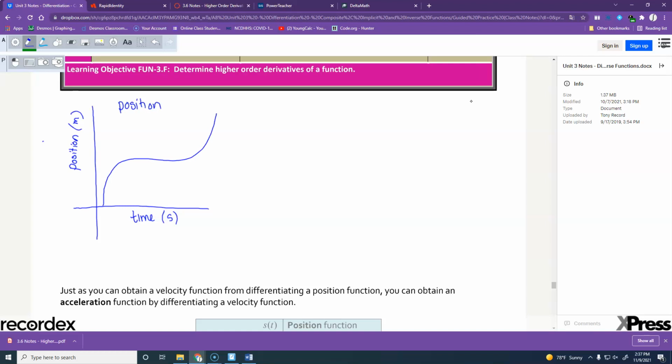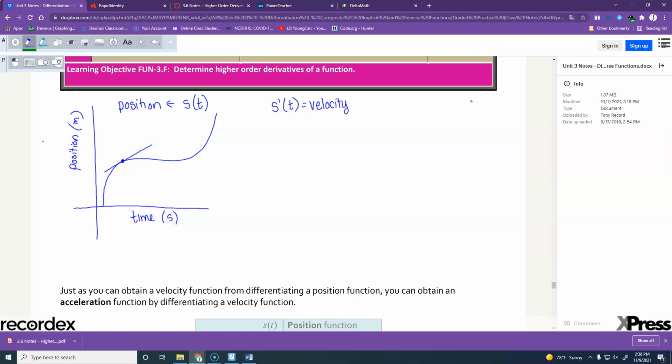If I take the derivative of this, so let's call this S of t. They use the letter S for that. Sometimes they use an X or Y. It just depends. So my position function is S of t. If I do S prime of t, which would be the slope of the tangent line, right? What is that going to give me, and what units would I use to measure it? It'll give me slope, which is going to be my velocity,